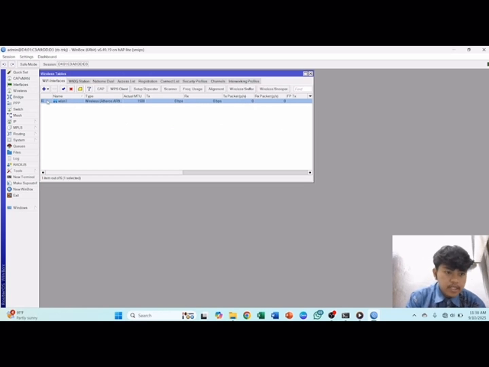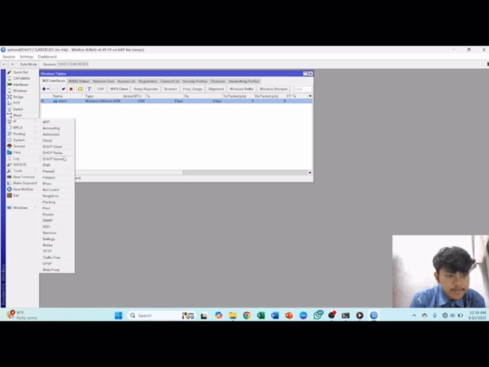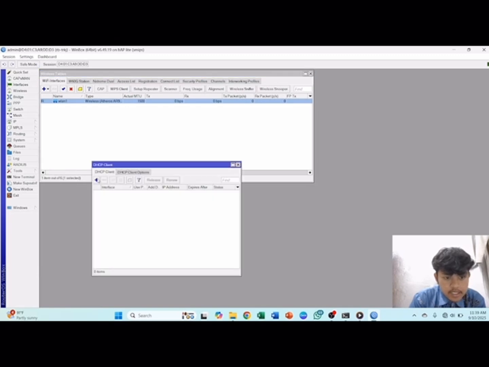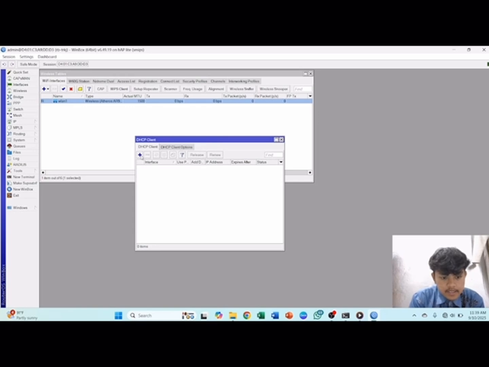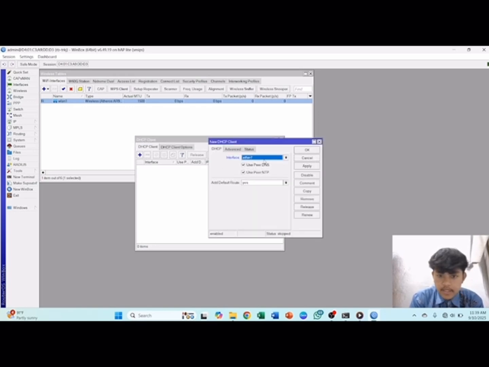Wait until it is running, and then go to IP, DHCP client, and add a DHCP client.